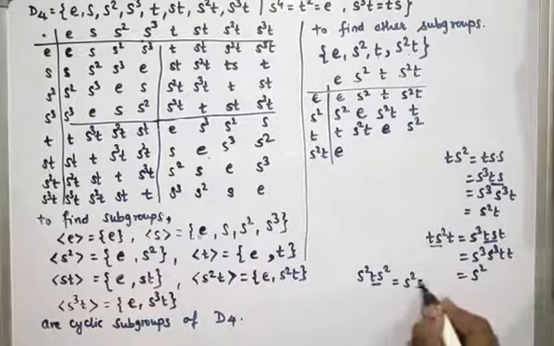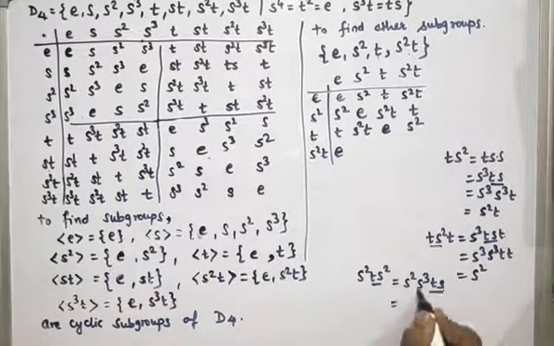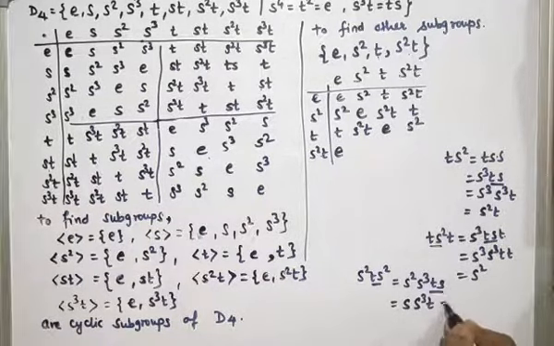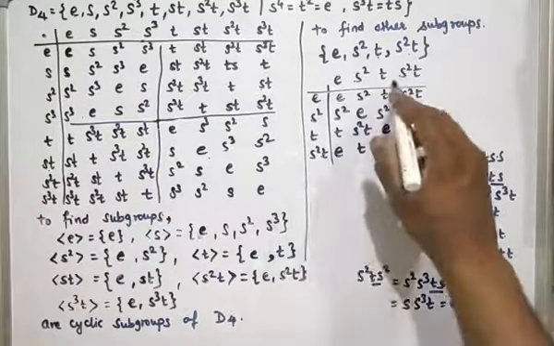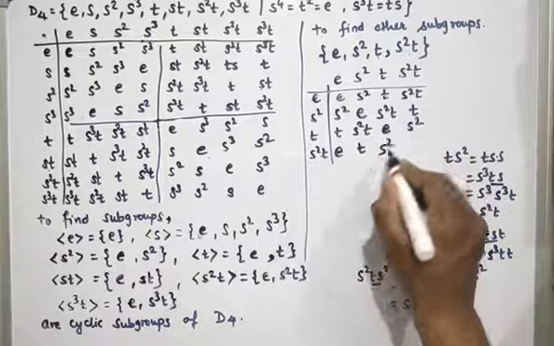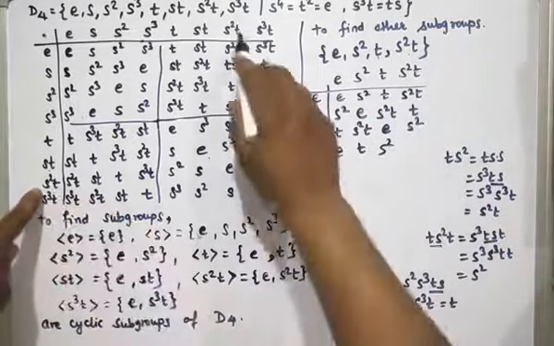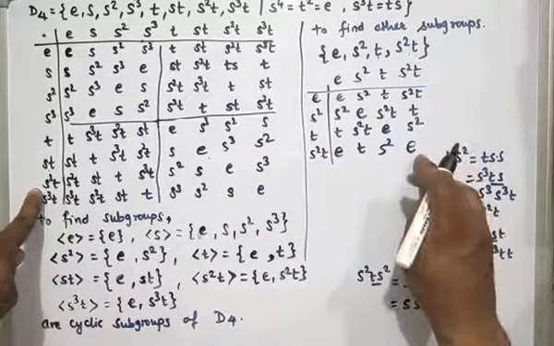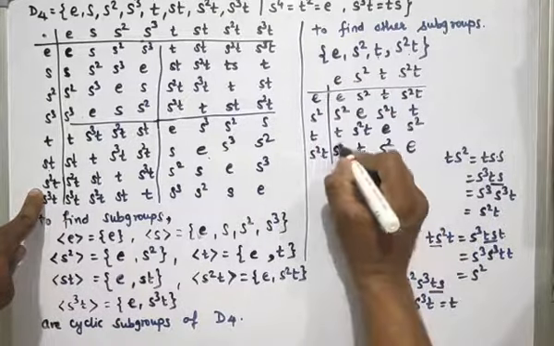So TS has value S cube T into S as it is. So this is remaining S. TS has value S cube T. So this is S raised to 4 identity, we get only T. So next S square T into T square identity, we get S square, and last S square T into S square T. So we have S square T into S square T, which is identity. Sorry, here S square T into identity is S square T.